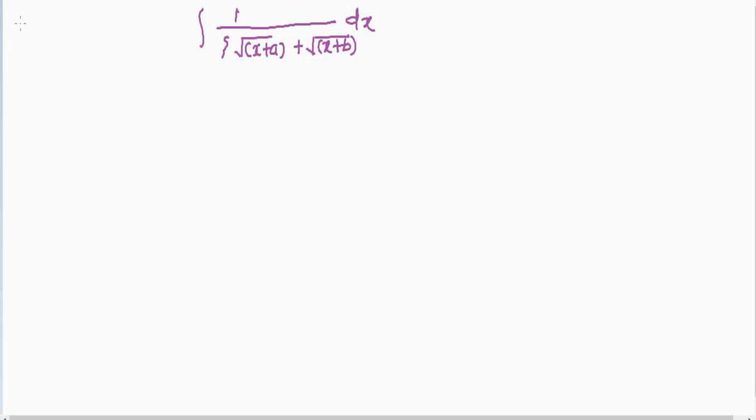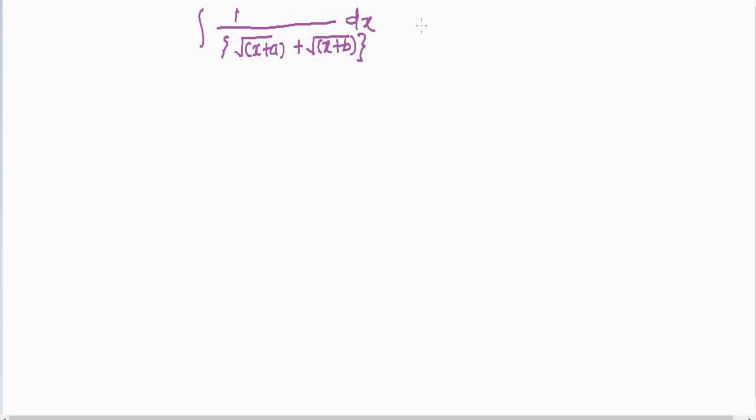In this new video, we will discuss another type of irrational algebraic function and integration of that algebraic function. It is of the type 1 divided by under root of x plus a plus under root of x plus b. The method is very easy. First, rationalize this function by